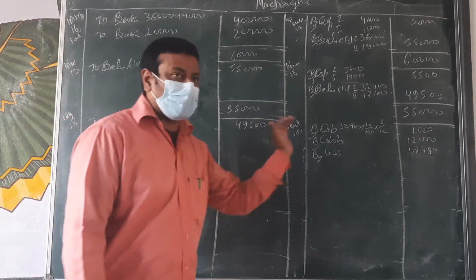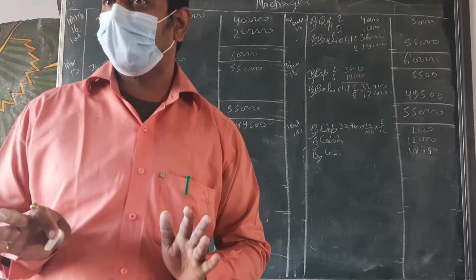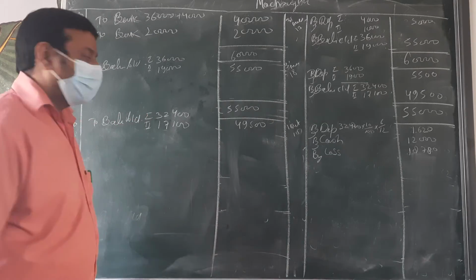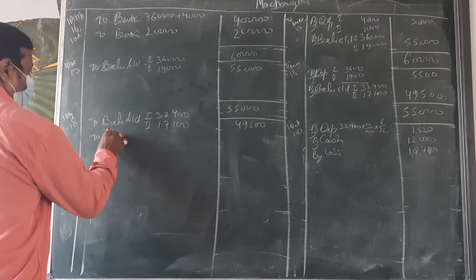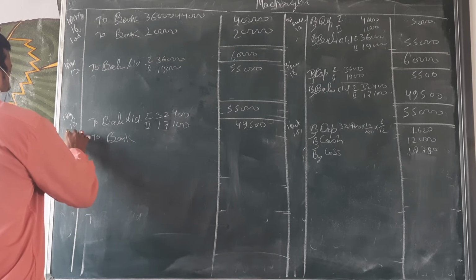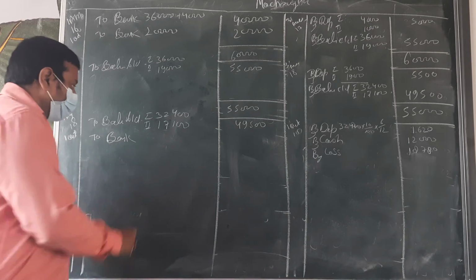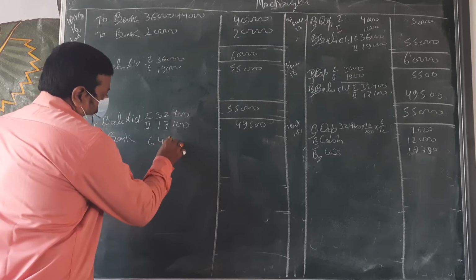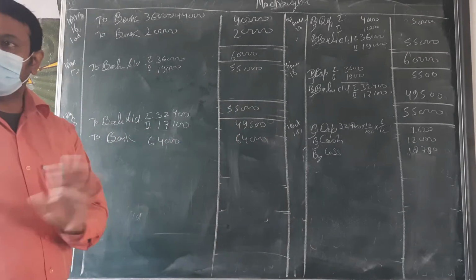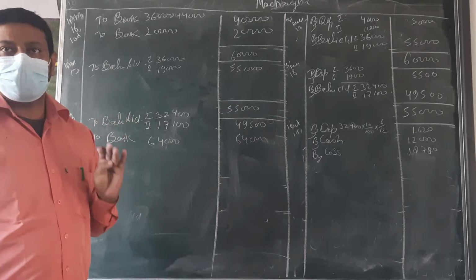On the date of October, any new machine you are going to purchase or not? Same date? Yes, sir. Purchase, then to bank or cash. 1st October and amount 64,000. Next nothing. October, November, December, January, February and March.